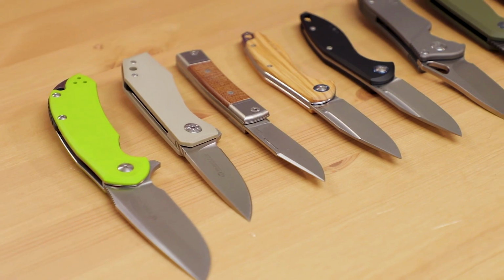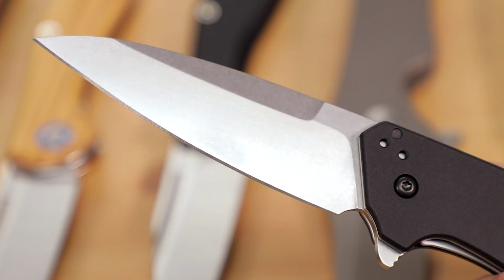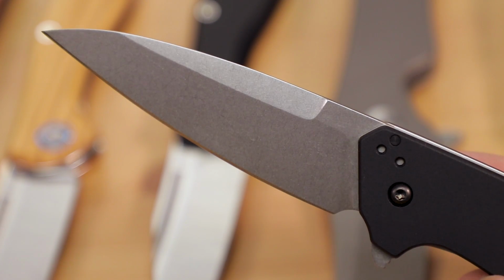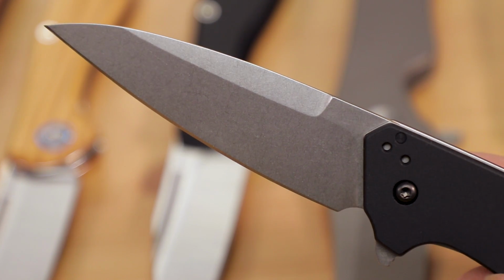Now M390 steel is something of a gold standard in the premium knife world these days. It adorns some of the finest production and custom pieces in existence today. Now this is a particle steel that brings a lot of desirable characteristics into one material. It has a very good cross-section of stain resistance, very high edge retention, and enough toughness for use in folding